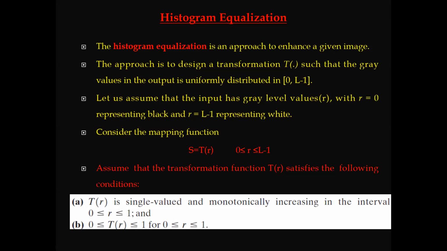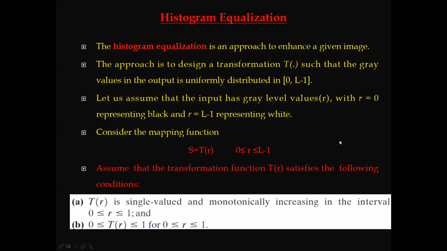Because of that non-linearity, the clarity, that means the brightness, is not distributed equally over the entire image. So what we have to do is make it uniform. Equalization is nothing but making the entire image uniform. That means we are converting the non-uniform probability density function of the image into a uniform probability density function of the image.